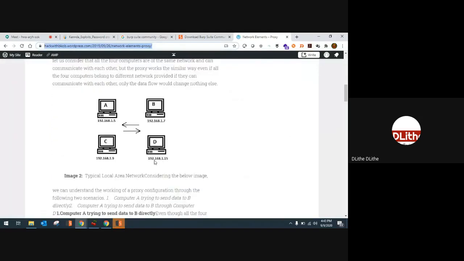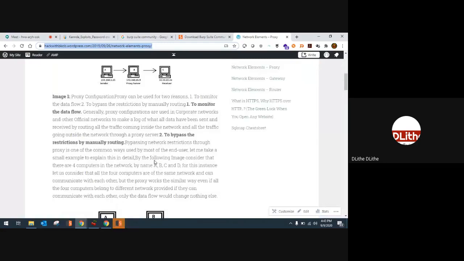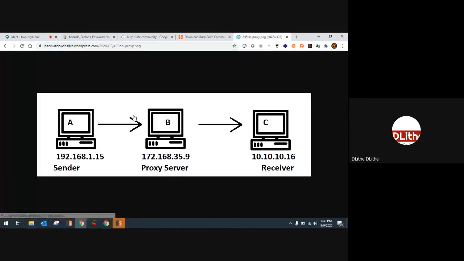A proxy is a computer where instead of you sending data directly to the target, let's say in this case, a sender, 192.168.1.15, is the one who is sending the data, and the receiver, 10.10.10.16, is the actual person receiving the data. But due to your packet being disabled, or some firewall settings, or some other reasons, you cannot send data directly.